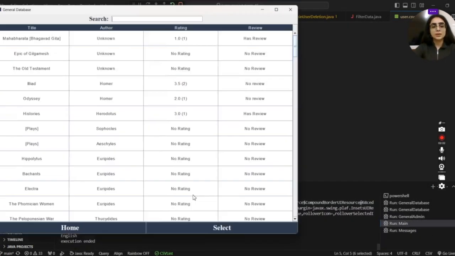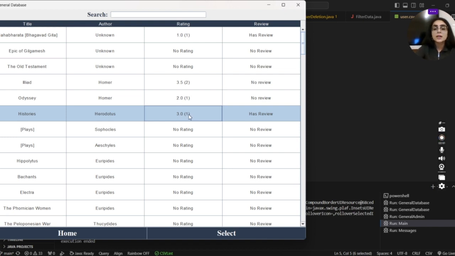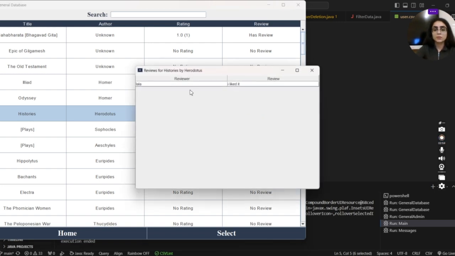When I click the general database, as we see, I see the Brodsky file in table version. And we have the rating, showing the overall rating and how many people gave this book a rating. Then I also have the review. When I click the has review, for example, Lala gave this book this review,